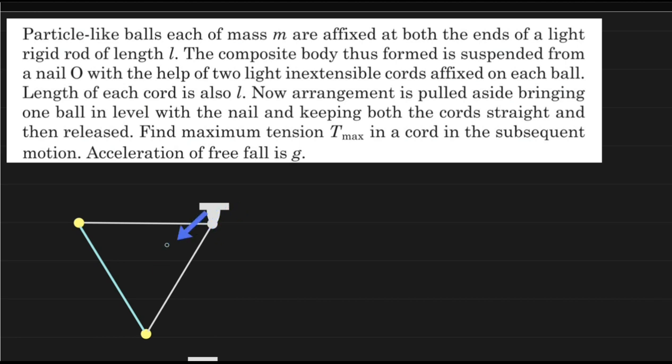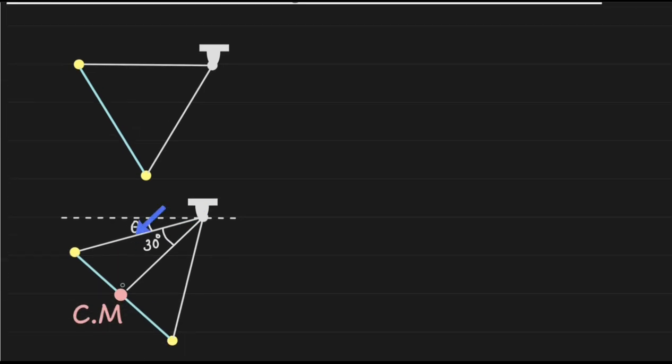First, we want to determine the value of angular velocity at the instant when this system has rotated by angle theta. Why do we want to determine the angular velocity? Because we would write the equation of motion, Newton's laws of motion, for these two particles, and along the direction towards the center, the net force will be equal to centripetal force. So, for that we want to determine the angular velocity omega.